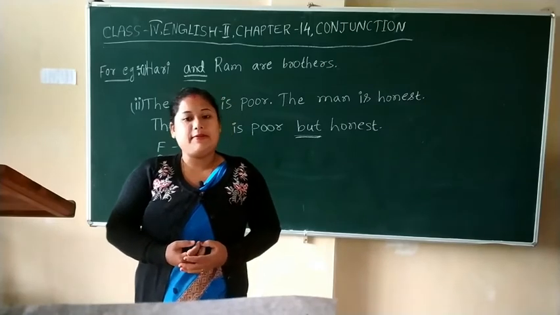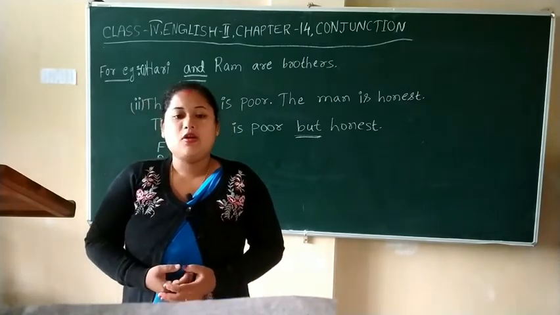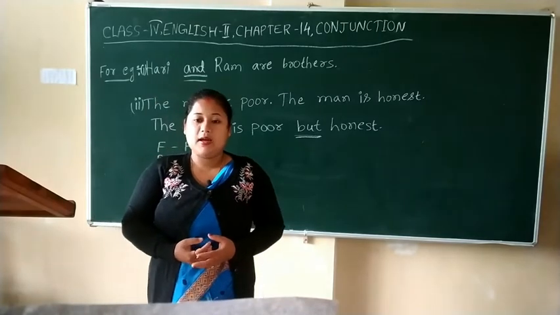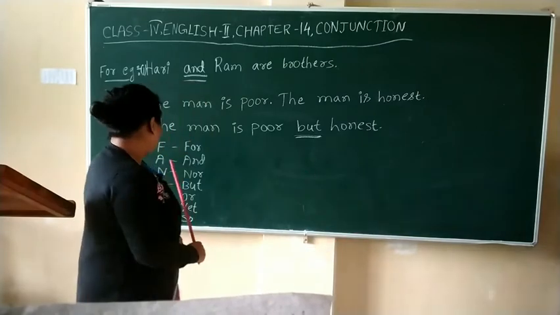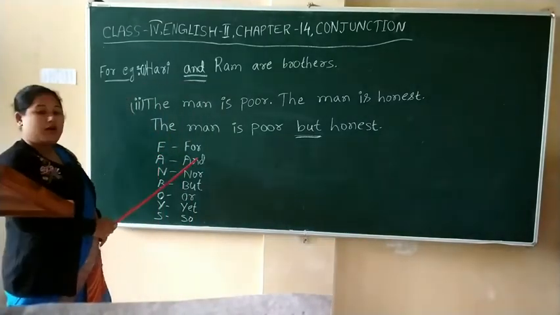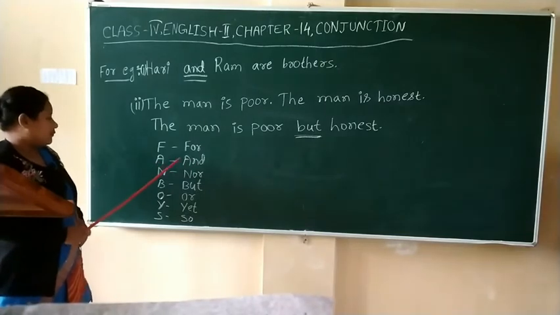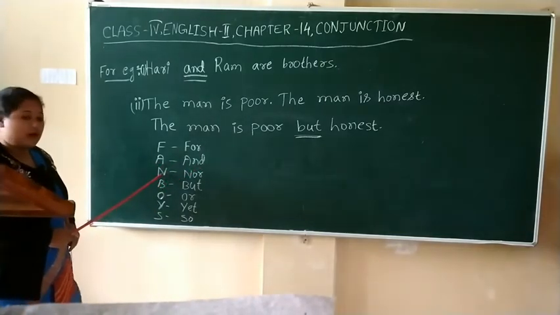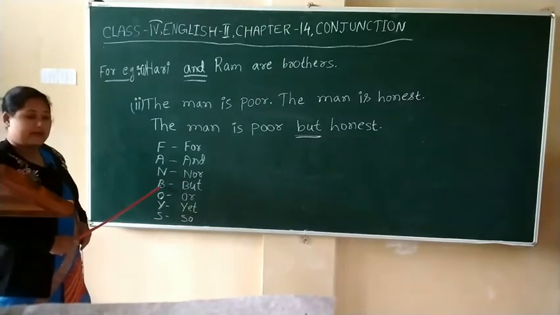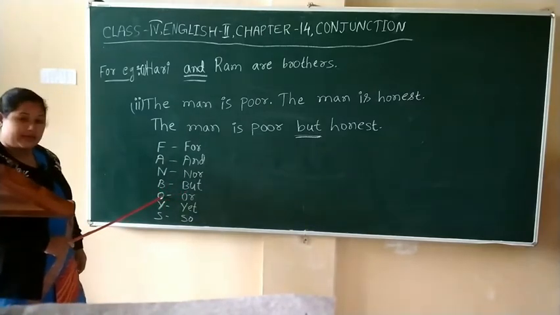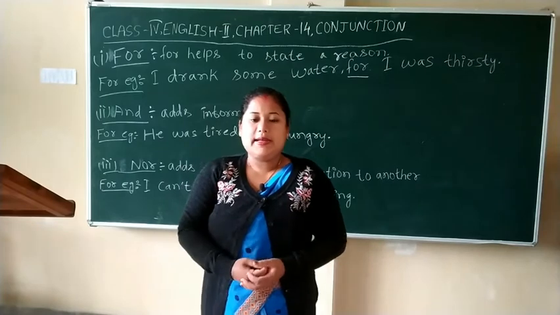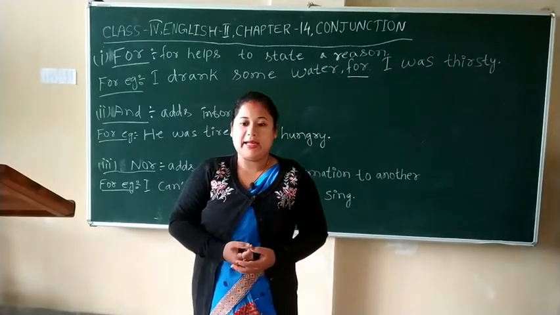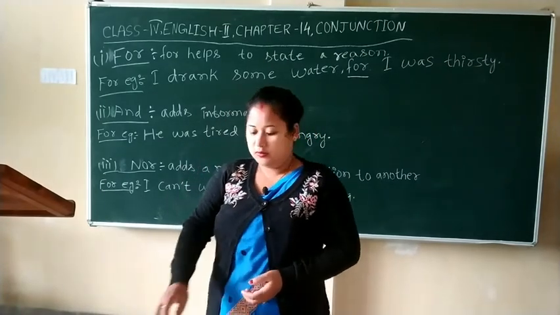There are 7 coordinating conjunctions in English, which can be remembered using the acronym FANBOYS. F stands for for, A stands for and, N stands for nor, B stands for but, O stands for or, Y stands for yet, S stands for so. Let's look at each coordinating conjunction separately. First,